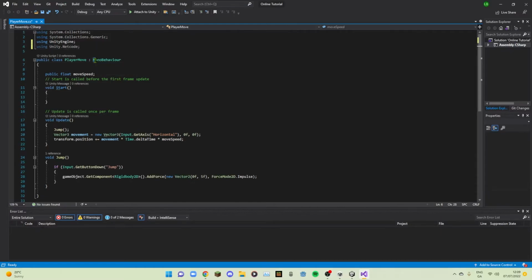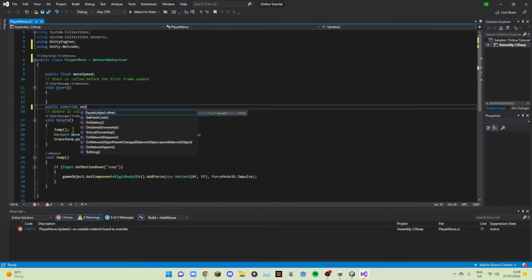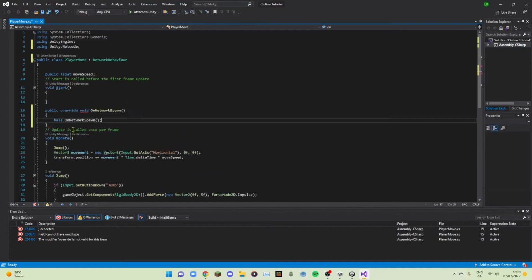And here, where it says mono behavior, you actually want to change this to network behavior. And right underneath your start method, you want to write public override void on network spawn,